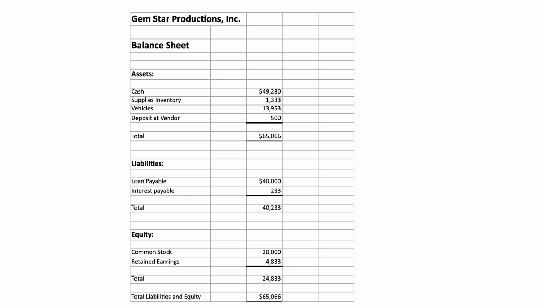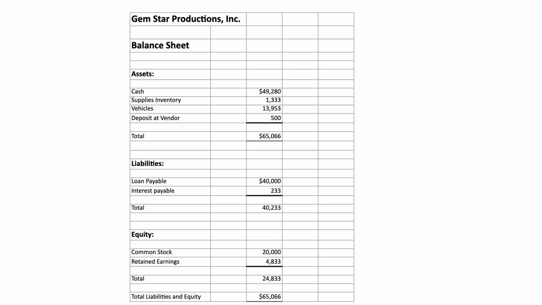Under liabilities, we only have one category, which is loan payable. We took out a $40,000 loan from the bank, and the interest is $233, which is 1 month of interest paid on that loan, so a total of $40,233. Under equity, we have common stock and retained earnings, and the total here is